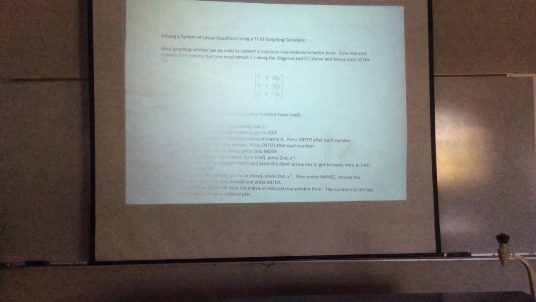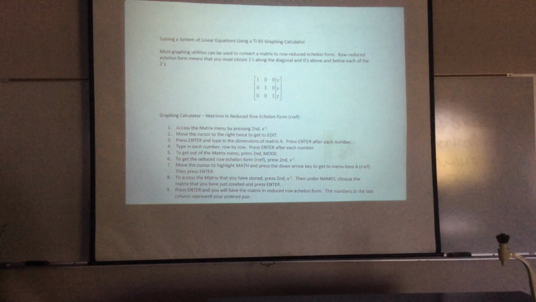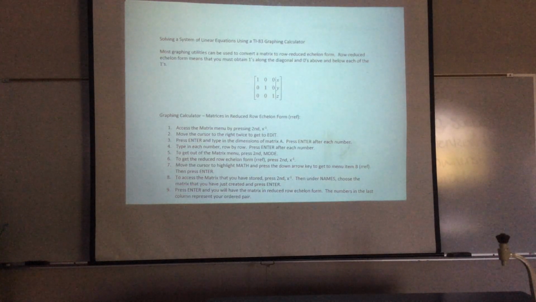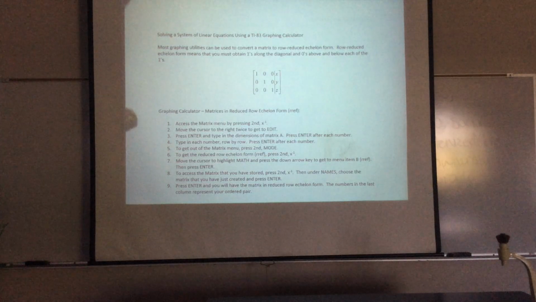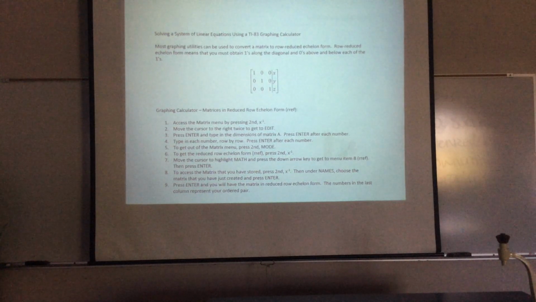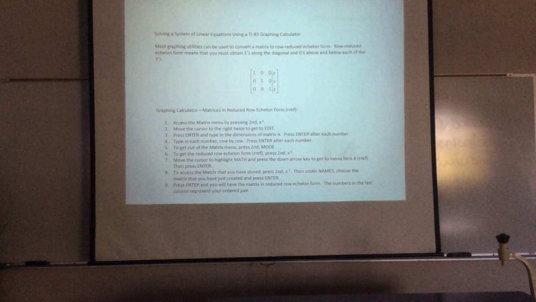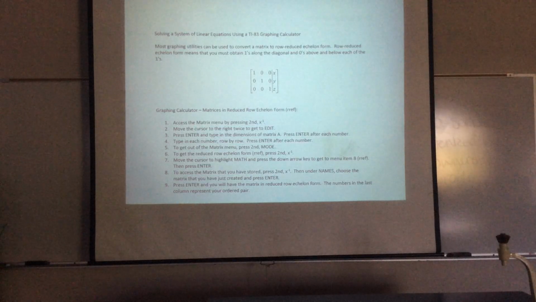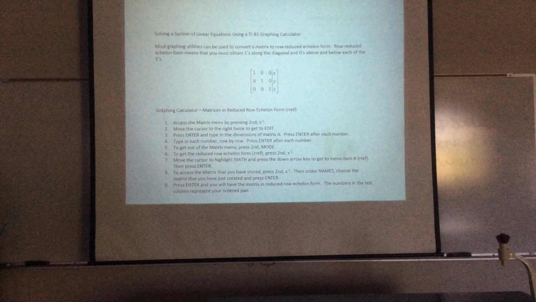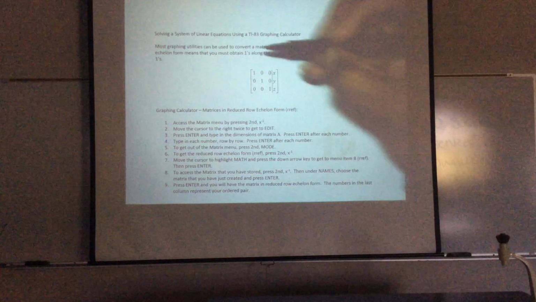Okay, now, the last page is solving a system of linear equations using your graphing calculator. And we're going to use the TI-83 or the 84 plus calculator. Here, most graphing utilities can be used to convert a matrix to what they call reduced row echelon form, or row reduced echelon form. Here, row reduced echelon form means that you must get ones along the main diagonal right